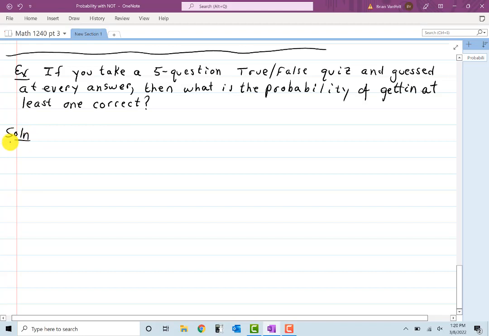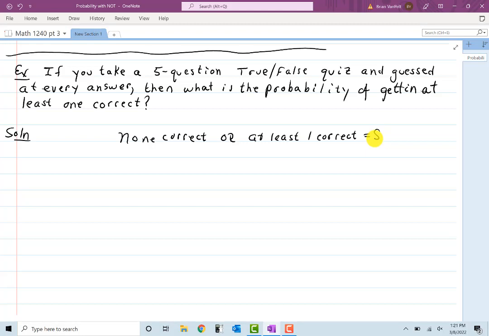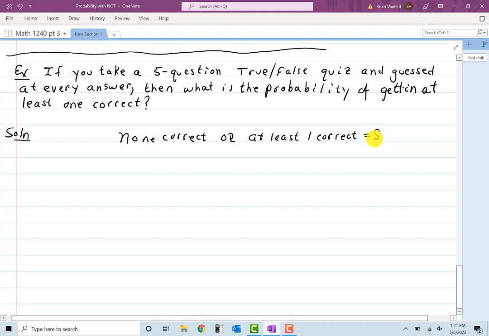So let's take a look at least one. We can take a look at, we get none correct, or at least one correct. That equals the entire sample space. And obviously, if I looked at none correct and at least one correct, that would be an empty set. So I can use my formula. So I can do the probability of none correct plus the probability of at least one correct